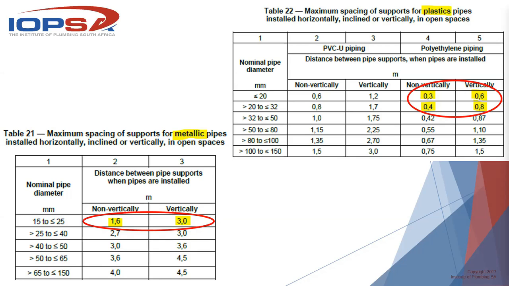But now you look to the right-hand side and you look at plastic. You have the 2 top rows is what we're looking at. So equal to or less than 20 mil, which is your 1/2 inch plastic pipe. Non-vertically, that distance between brackets drops to 0.3 meters, which is 300 millimeters. Now, you don't even have trusses spaced at 300 millimeters. So if you want to run a 1/2 inch pipe perpendicular to a couple of trusses, you need to install additional timber to be able to install the brackets. So you're not only looking at the cost of the brackets, but you're looking at the cost of the timber. You're also looking at the labor to fit both the timber and the brackets if you want to install this